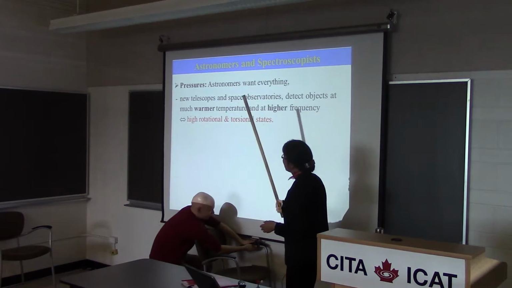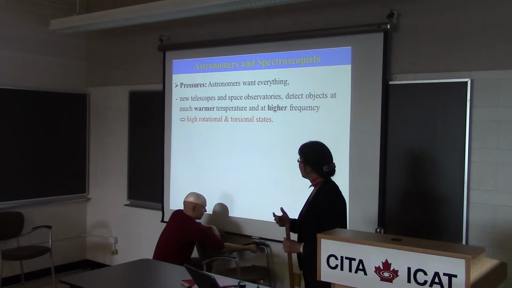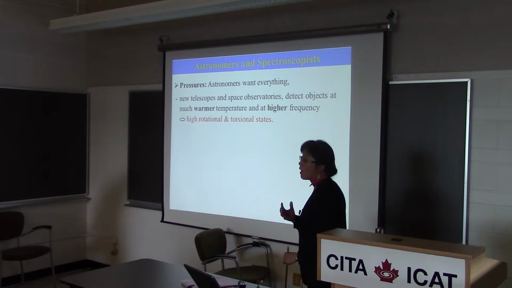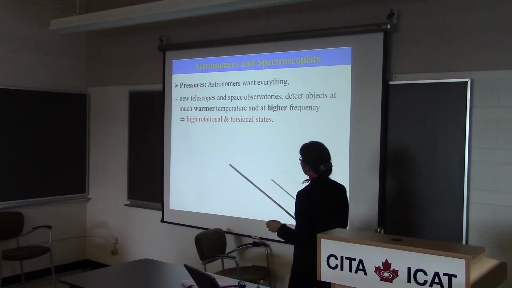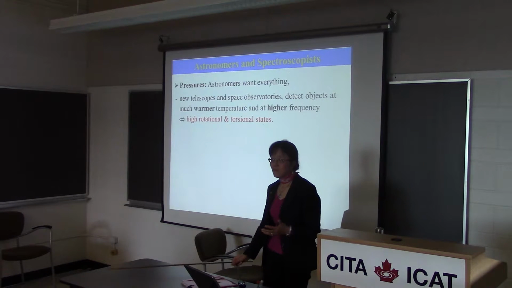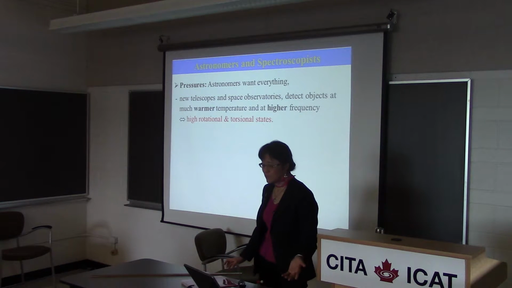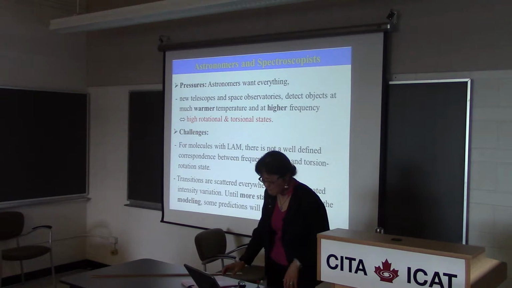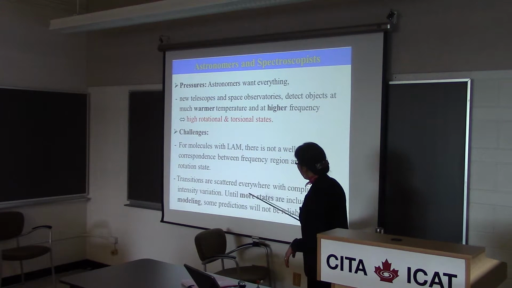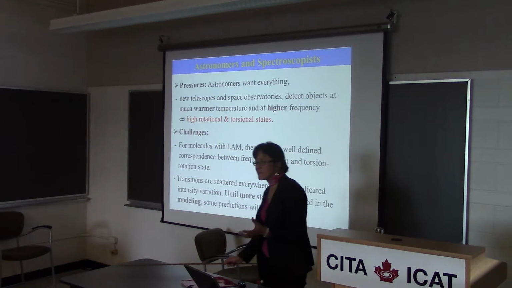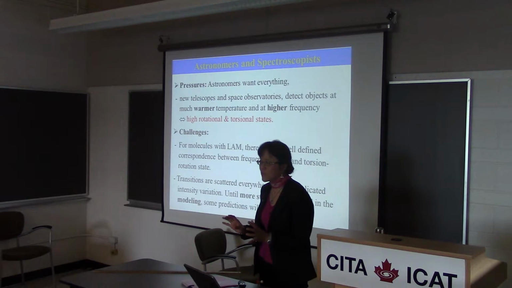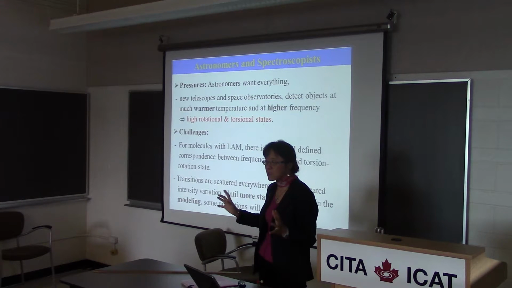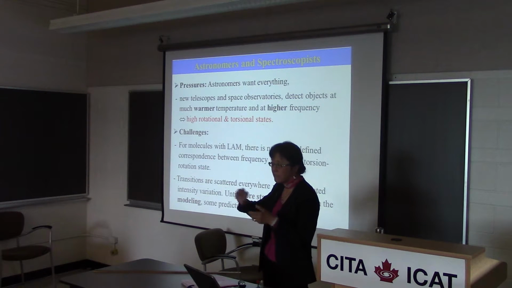And because the new telescopes and the space observatories are online, they can detect much warmer temperatures and go to higher frequencies, and to us, this correspondingly means going to the higher rotational and torsional quantum states. You've got to deal with more states. So in other words, when I generate a line list, I'm always afraid of somebody looking at it too carefully, because I know extrapolation is very dangerous in the molecule we are dealing with,